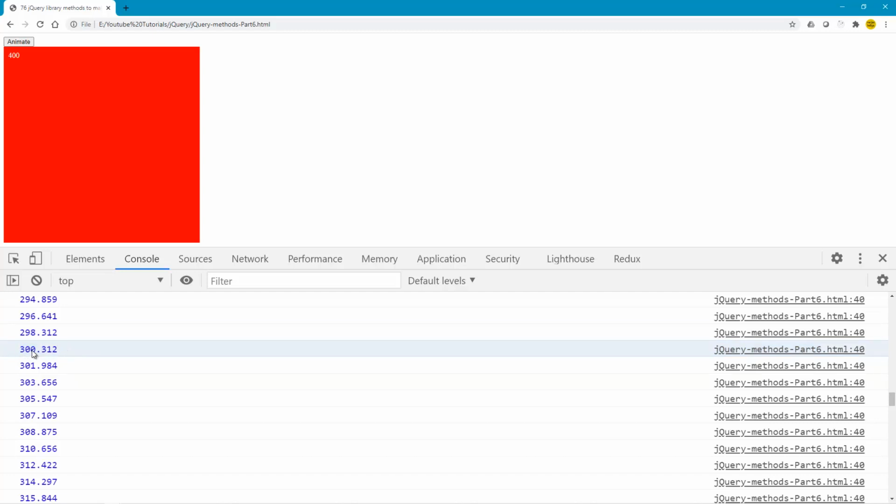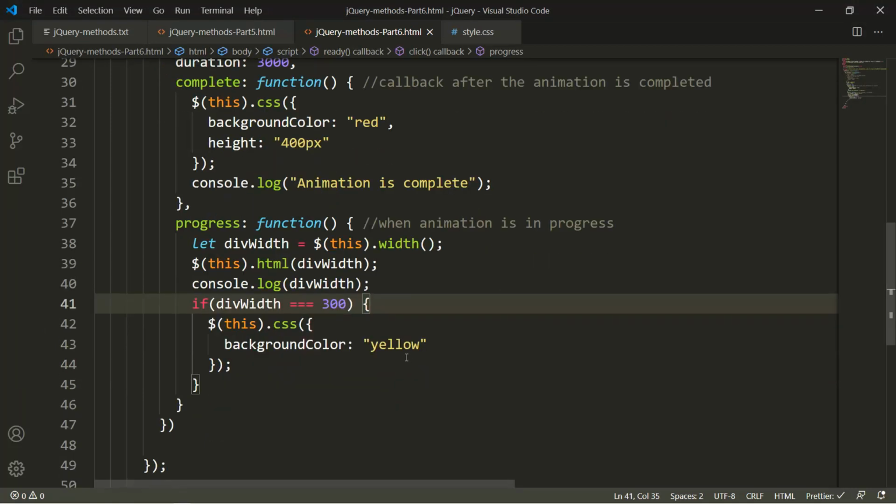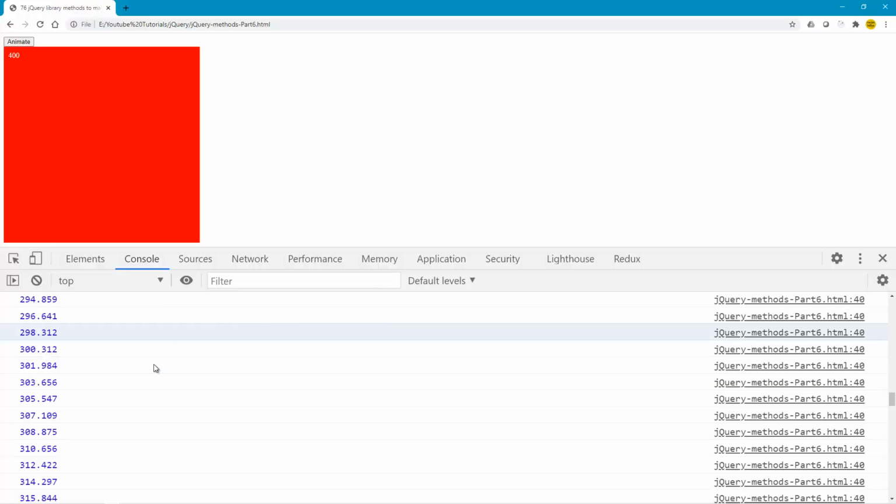It is greater than 300, and the previous value is smaller than 300, and my condition was when the div width is equal to 300, which never happens. So there's always learning no matter what experience you carry, and I could not figure out what was happening. So this is the problem.